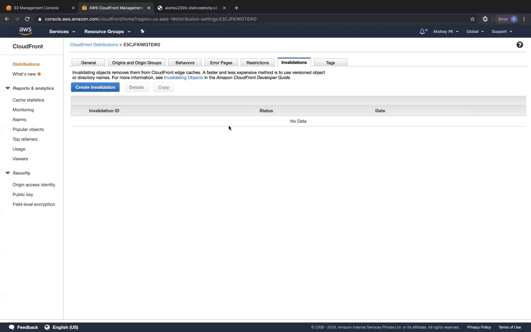At those points of time, if you want to manually delete all the objects, you can create an invalidation, because each and every object that is being cached in the edge location has an ID, and that ID is a unique ID that is tied with the CloudFront distribution's domain name. So if you create an invalidation, it's going to look at your CloudFront distribution's domain name, find that unique ID, find all the objects that are associated with your CloudFront distribution across all the edge locations, and delete those objects.